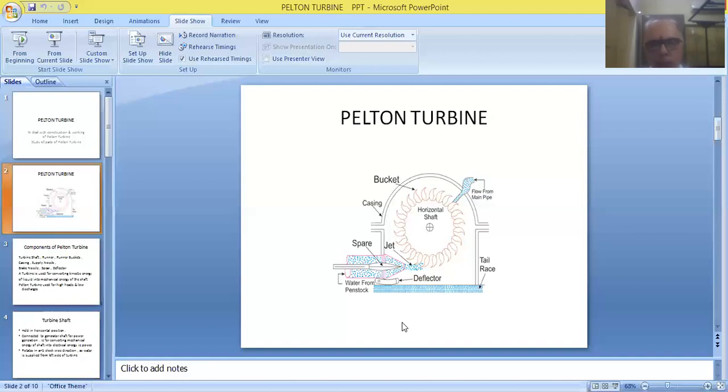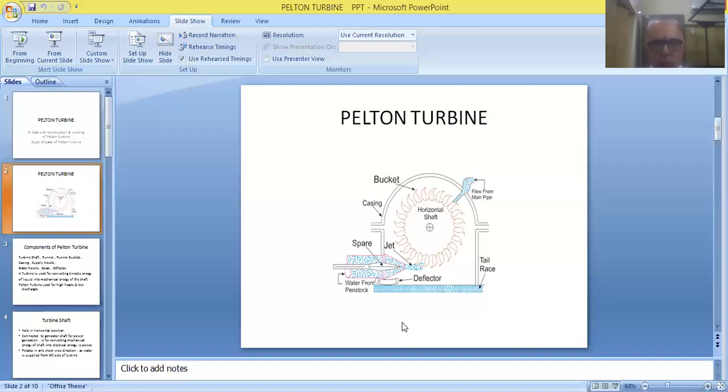So the kinetic energy of the liquid that is coming out of the nozzle will be maximum, and this is used for rotating the runner in anti-clockwise direction. This is the main purpose of the nozzle. And finally, an element is arranged inside the nozzle. That is called the spear mechanism. We can see the arrangement of the spear and the spear rod that is arranged inside the nozzle.